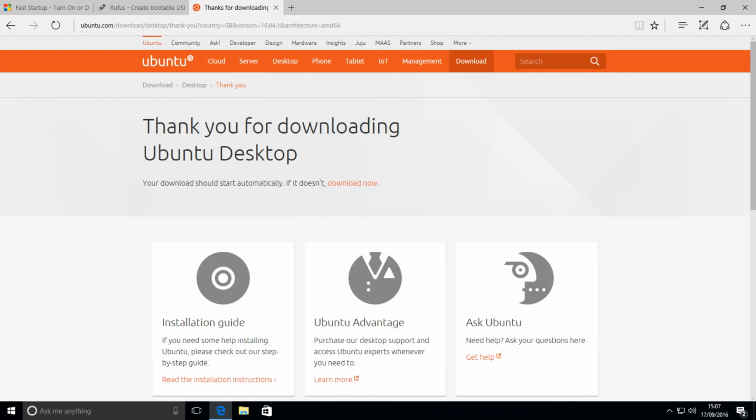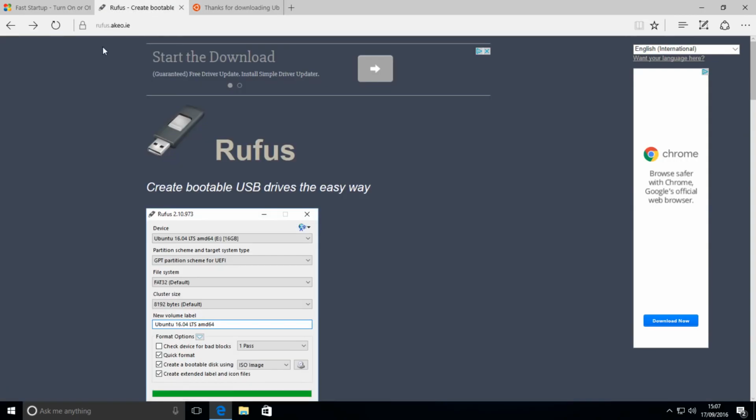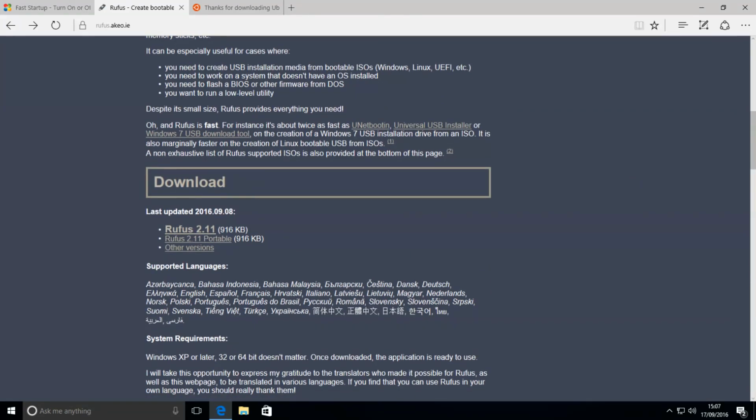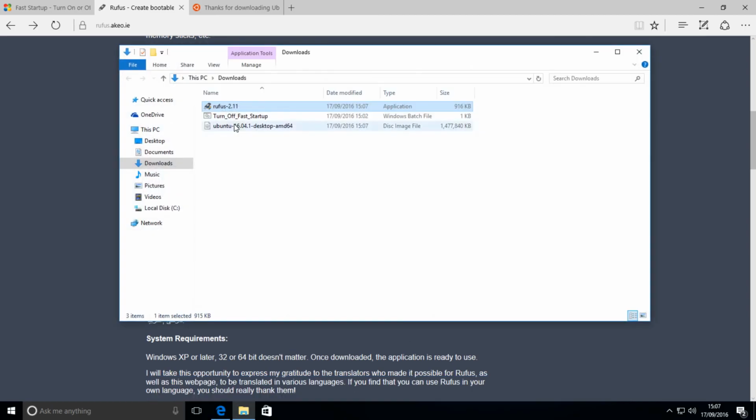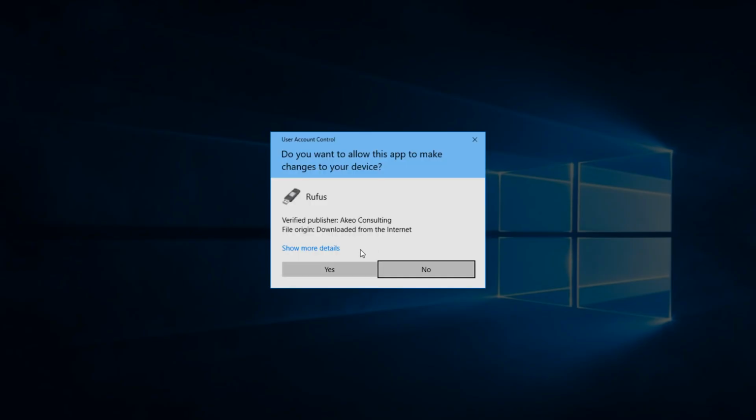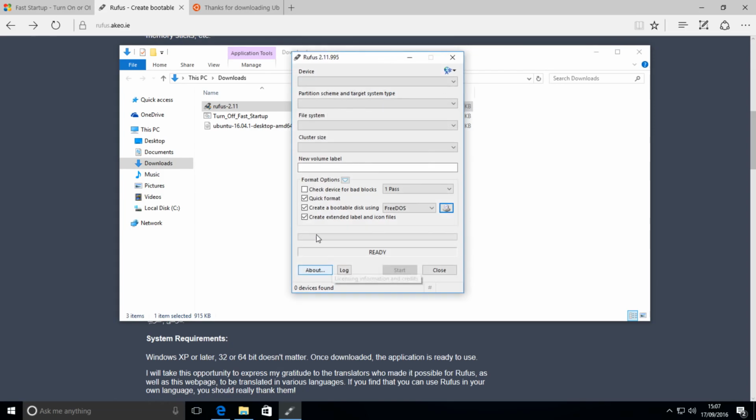Alright, so after Ubuntu is finished downloading, you want to head over to this site, which will be linked in the description as well, Rufus, and this will allow you to create a bootable USB drive so you can actually boot into Ubuntu on your computer. Simply scroll down to the download section, download the latest version. For me it's 2.11. Press Save, and open up the folder where it's at, open it up, hit yes, and